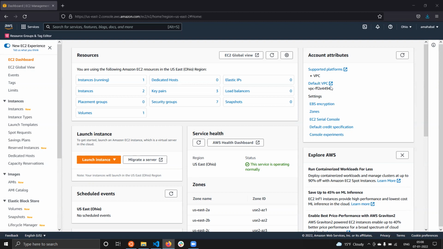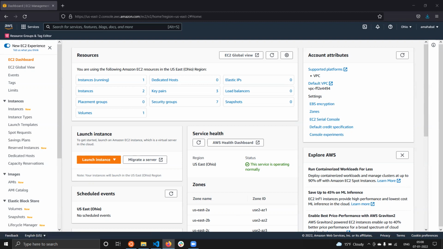So let's start. For this recitation, I'm assuming that you have an EC2 instance set up and you have the PEM key downloaded while creating your EC2 instance. This PEM key will basically be used to access the EC2 instance remotely using an SSH connection through VS Code.